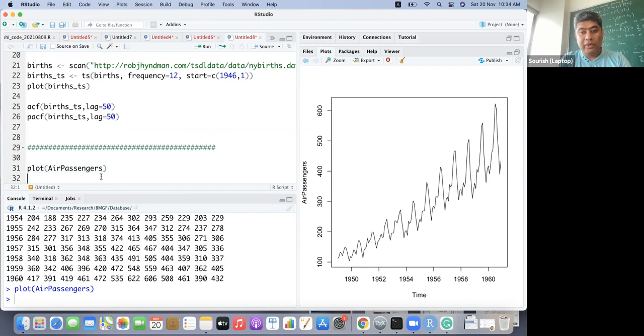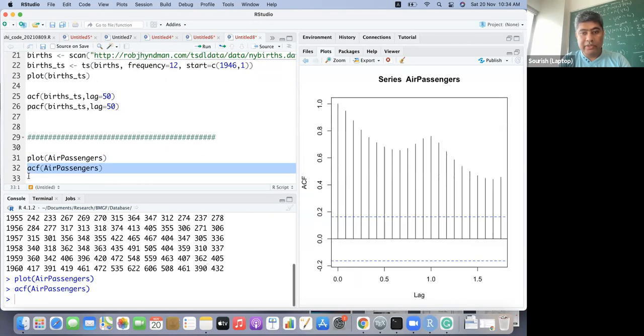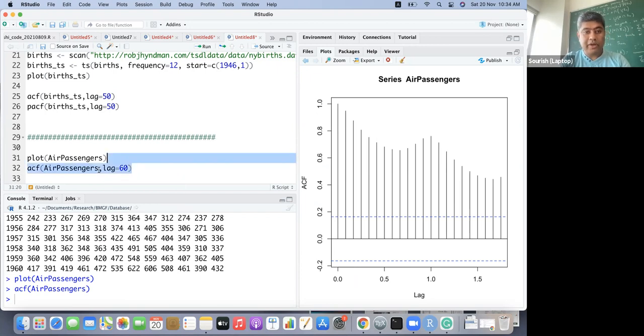And if you take the ACF directly of the air passenger data, you will see a very strong correlation. In fact, let us increase the lag up to maybe 60, 5 years.